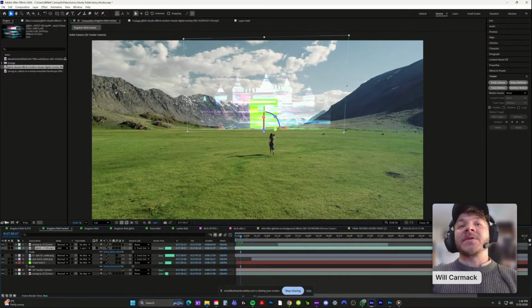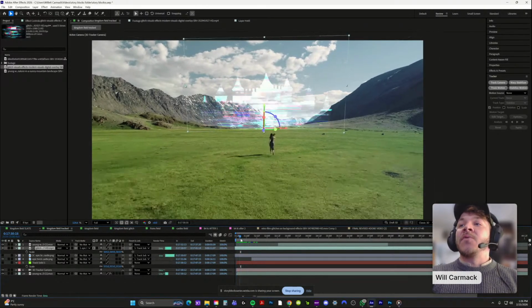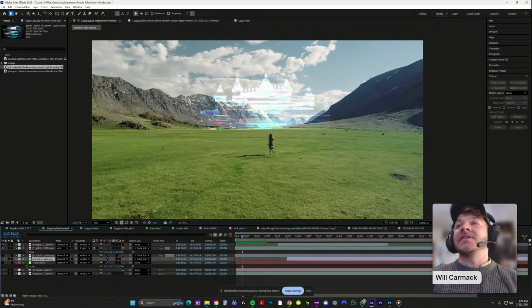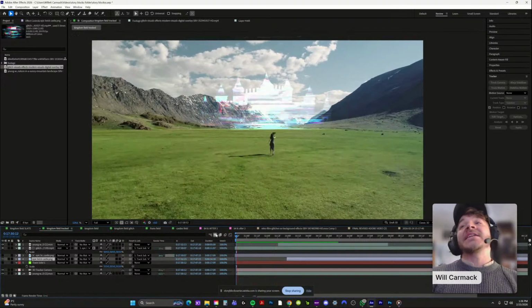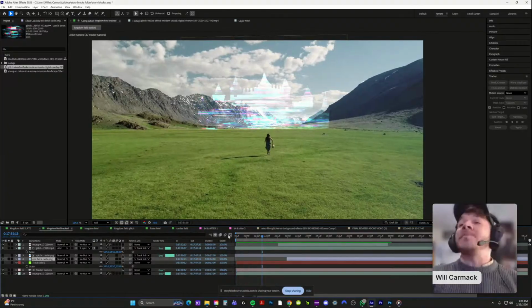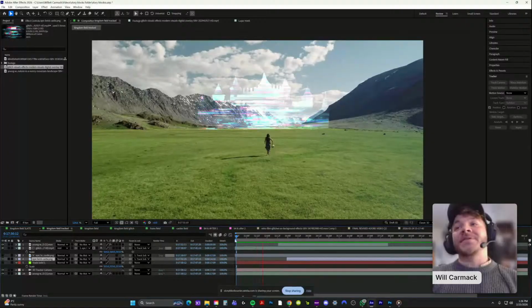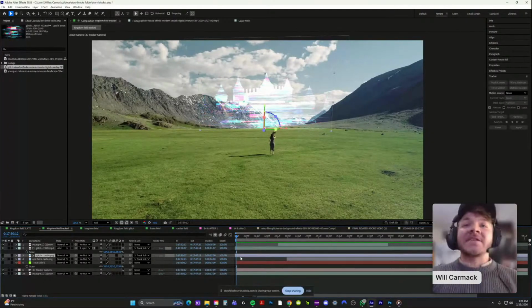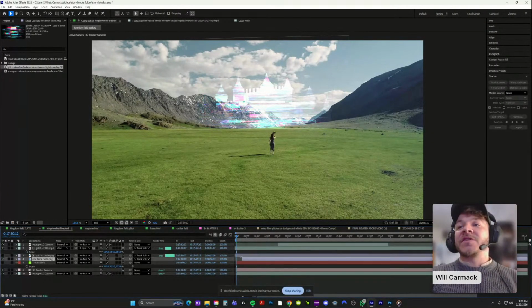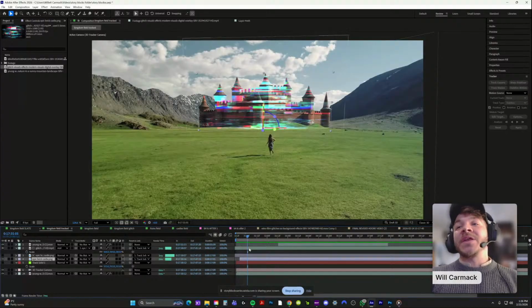Oh, and this is a good time to get rid of your track solid. So you can see here, we have this glitching castle in the distance, which in itself is actually a really cool effect. We just have this glitch that can only be shown where the castle is, blended on top of the background. And so the effect that I'm going to do here is eventually our original castle is going to showcase underneath of our glitch, which is when I will